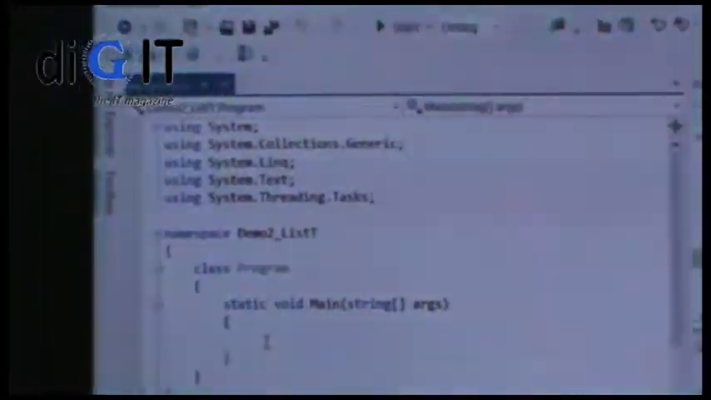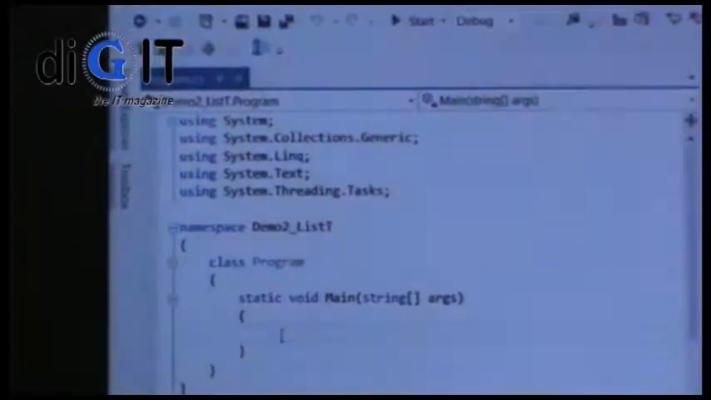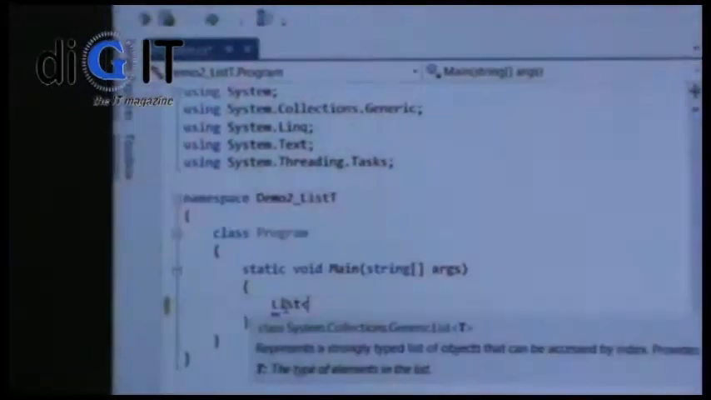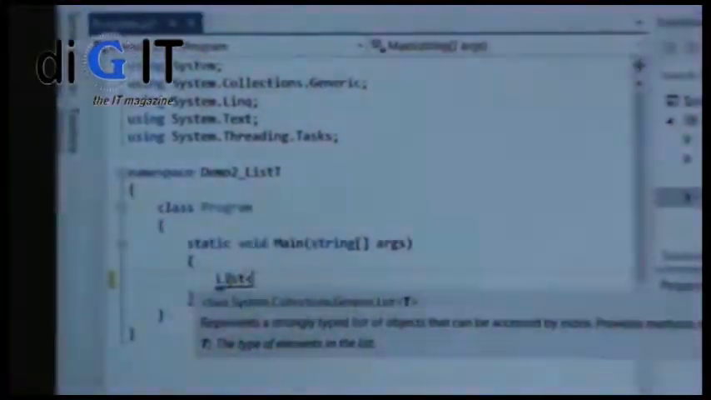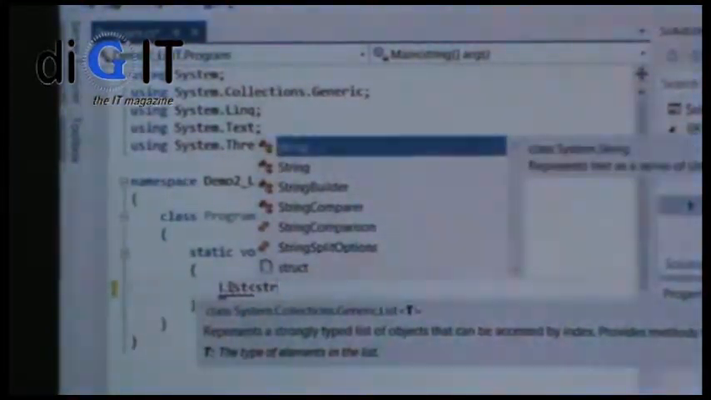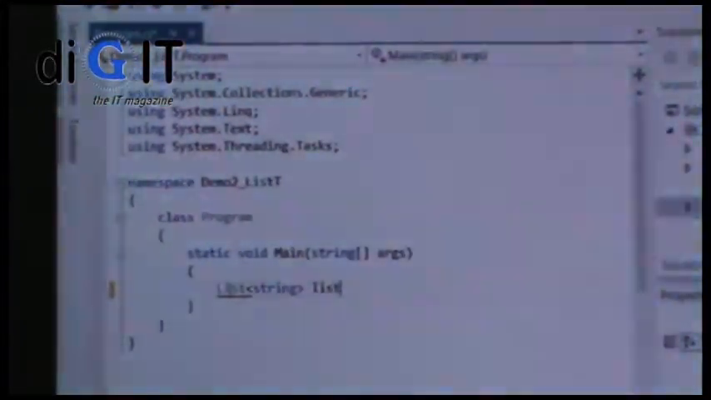I can find System.Collections.Generic here because it is included in the default template. So I'll just start by adding a list, right? And it needs a T. T can be anything, right? So first I'll put a string there, and put list, new list,